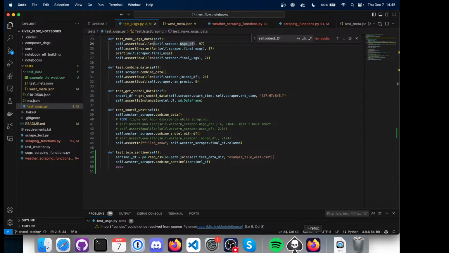Yeah, I mean, purists would say this, of course, isn't really a unit test if it's dependent on other things. But in reality, I don't really care because I want to,